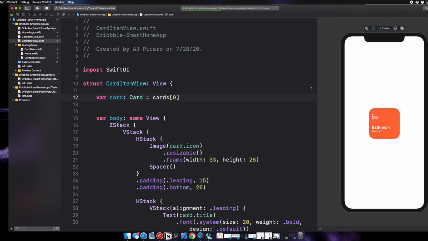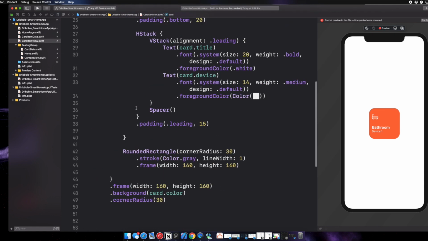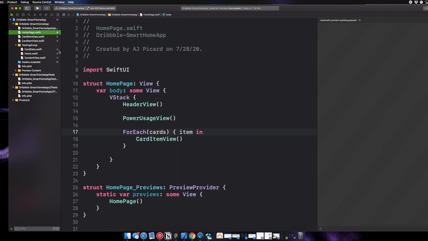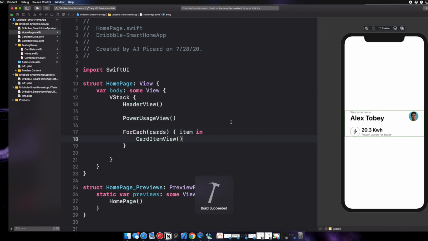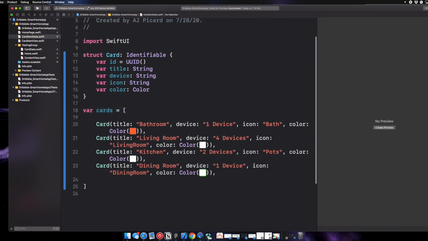Build succeeded, so now, okay, it seems like it's working fine. This is just what SwiftUI does sometimes, guys. Okay, so we have our cards. See, now it wants to work. Makes zero sense. But what it's not doing is reading the content correctly. So what we need to do is go back to our data, make sure we have everything correct here, which is right. And then I'm actually going to go back into the view here